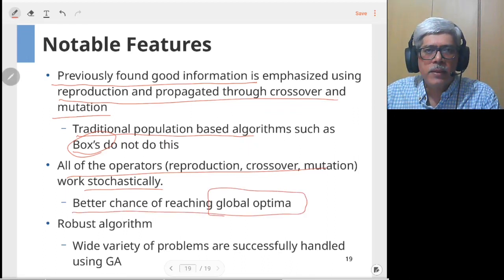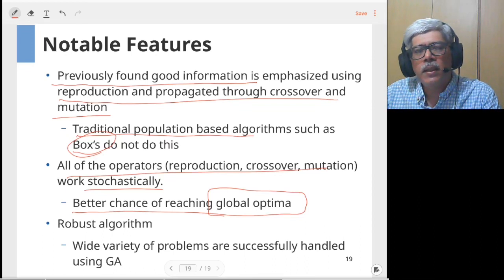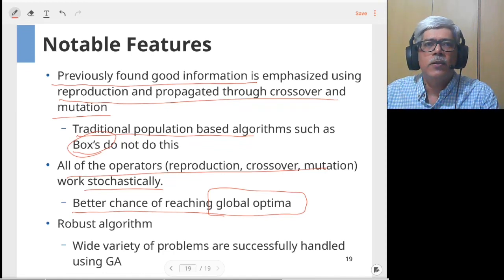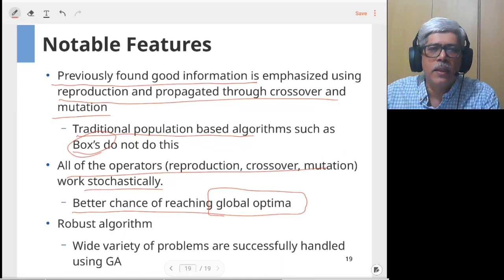You are not fixed in a particular strategy. It is not a deterministic approach. Because you are doing something out of the way, you may hit upon a solution which was not thought of earlier or which is not logically thought of. So that is another good feature of genetic algorithm.